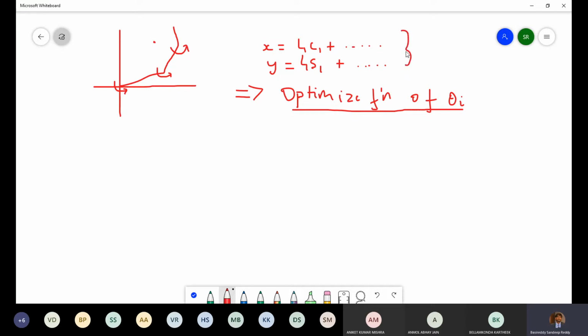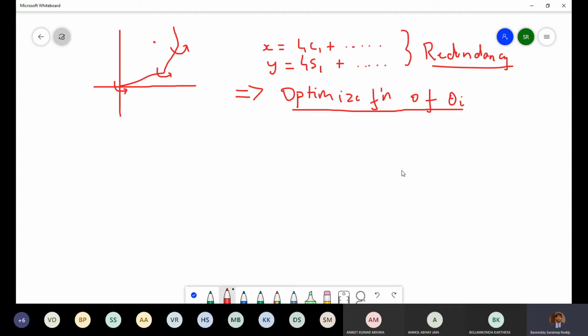As I explained, if you have fewer equations than unknowns, then this is a case of redundancy. So we are trying to get some kind of useful expression by imposing some kind of constraint so that we get a unique value of joint variables.